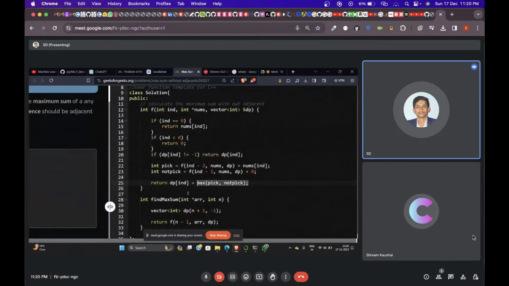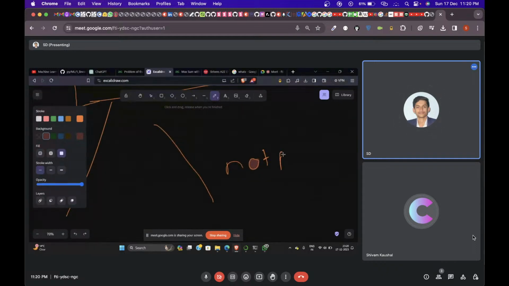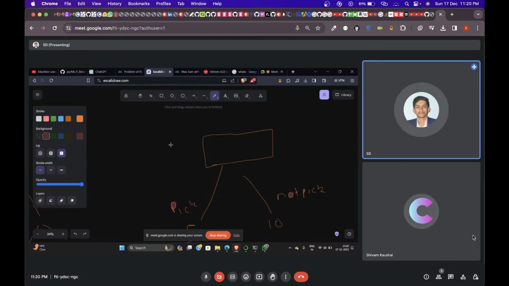What I have done in this statement is pick the maximum of pick and non-pick. Let's assume this one is pick and this one is not pick. If the value of pick is 5 and the value of non-pick is 10, I am going to pick the maximum of